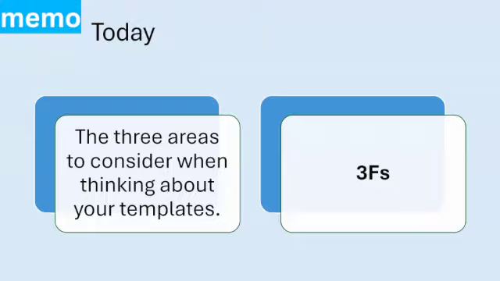And I've focused these considerations around this. It's quite trendy, I think, at the moment. This latest tool for thinking about something. It's something I stole from a finance podcast, and it's called the 3 Fs. And I thought it was really useful to think about. It's a really good thing to think about with your finances, think about the 3 Fs, but you can actually apply it to anything. I thought you can actually apply it to templates as well. So that's the sort of framework that I'm going to be talking you through today.